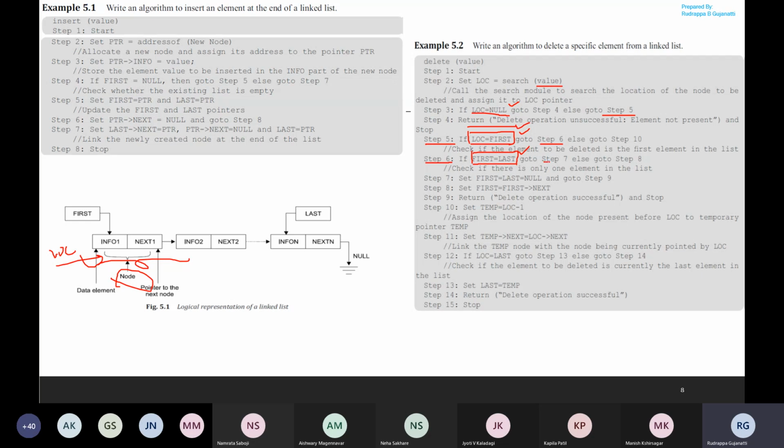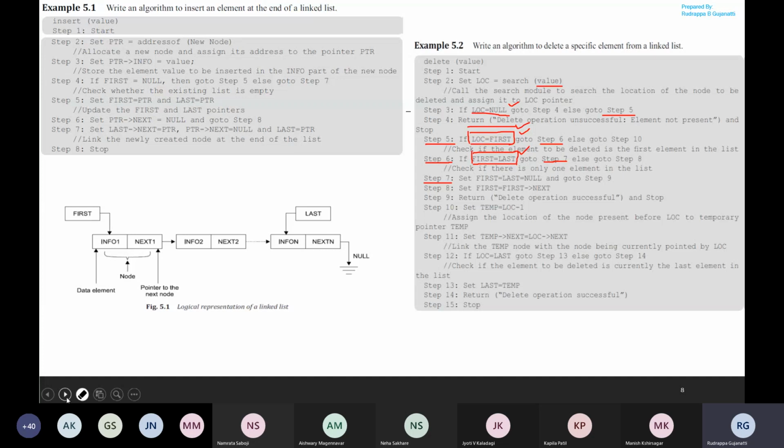So if this is the only element in the linked list, I have to go to step 7. In step 7, since this is the only element present, the last special pointer also will be pointing over here. So if I delete this, the linked list will become empty.